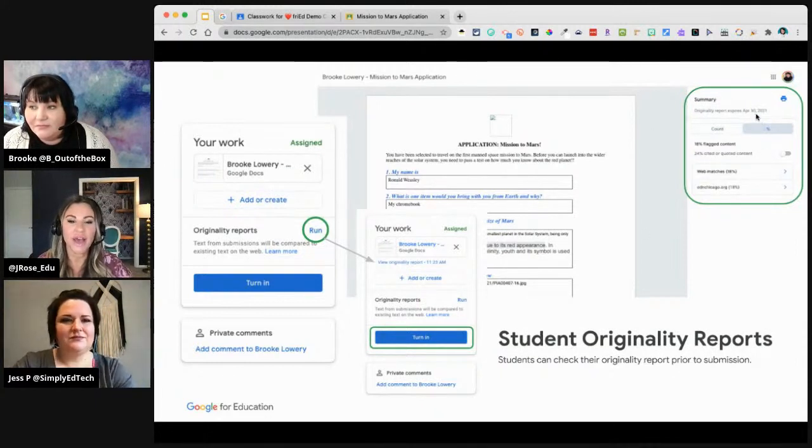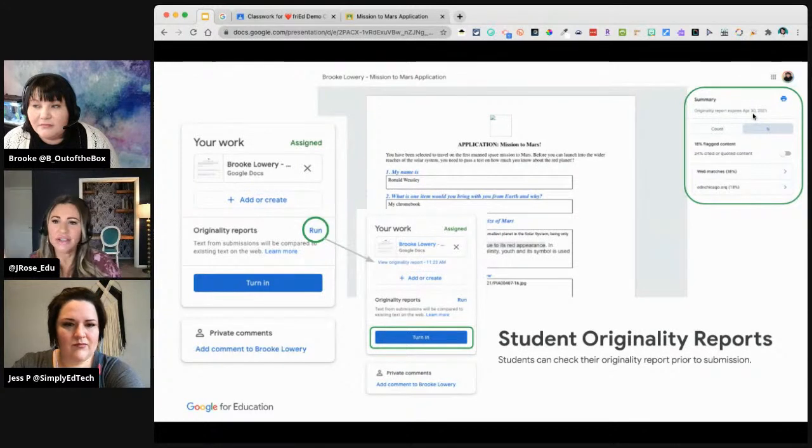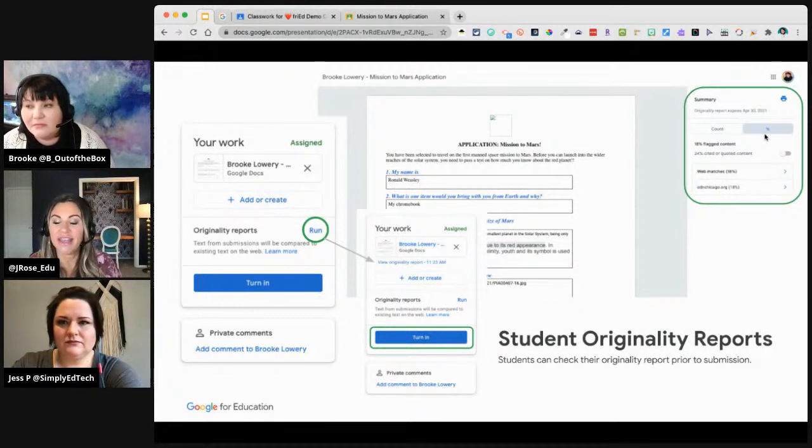After the student has viewed that, again, it really empowers them to be aware of what they are submitting, that they have the option to edit or they can turn in. And you'll also notice on the upper right-hand side, there is another little heads up, this is what we found, a summary for the originality reports. It gives you a percentage of flagged content. Again, not you're cheating, but it's flagged content to tell you this is what we have found in other various sources. So it finds web matches, and then it pulls out a percentage so that the student's really aware of